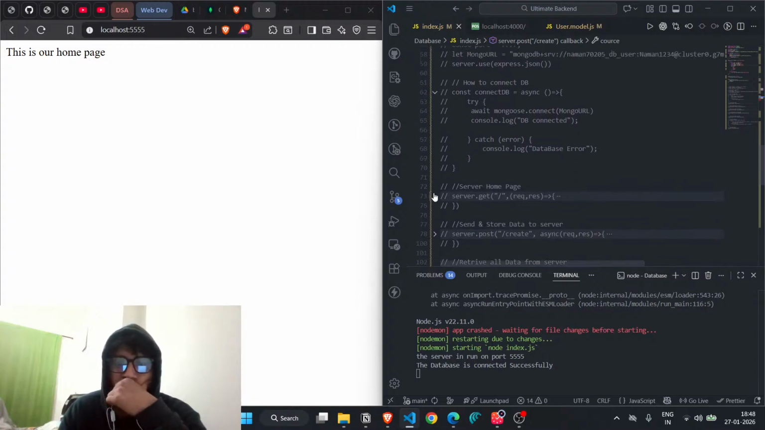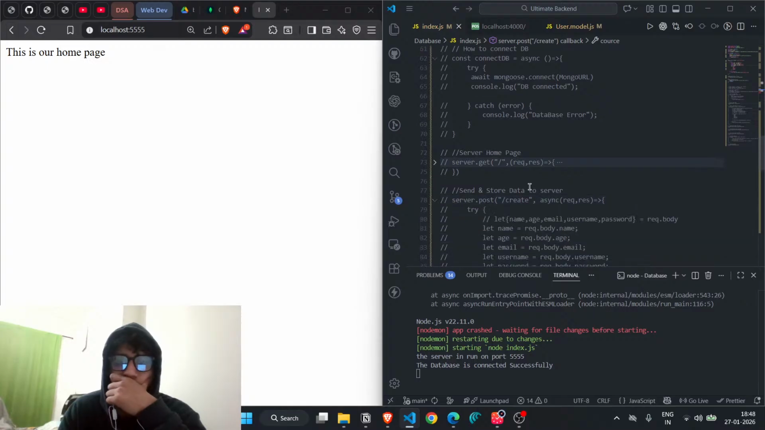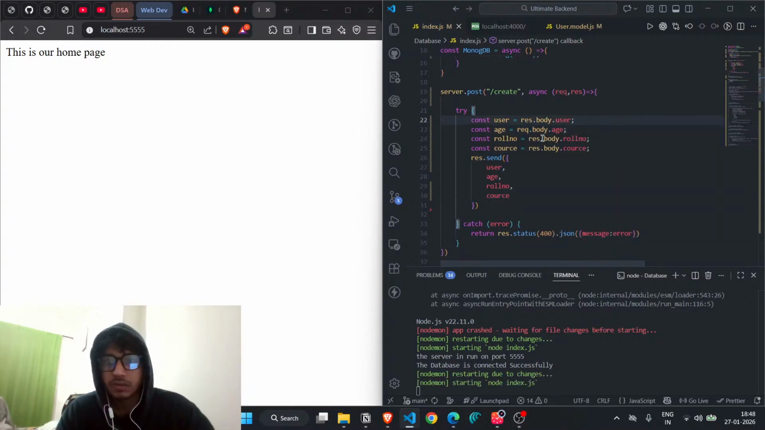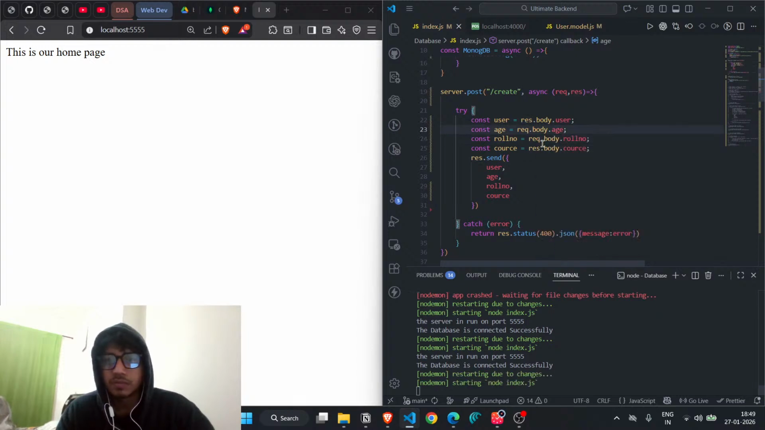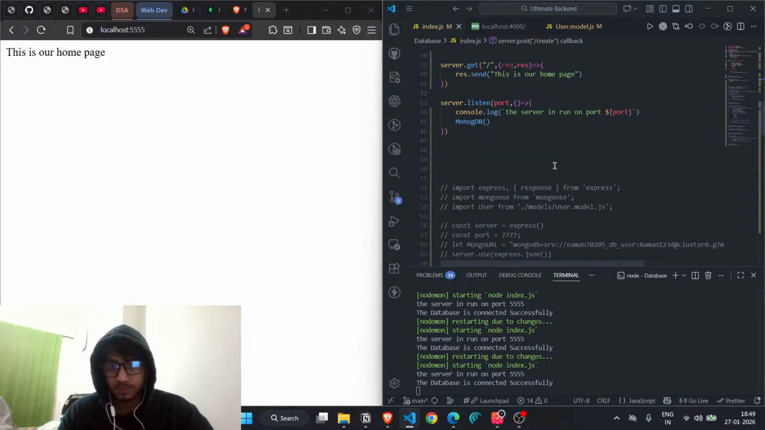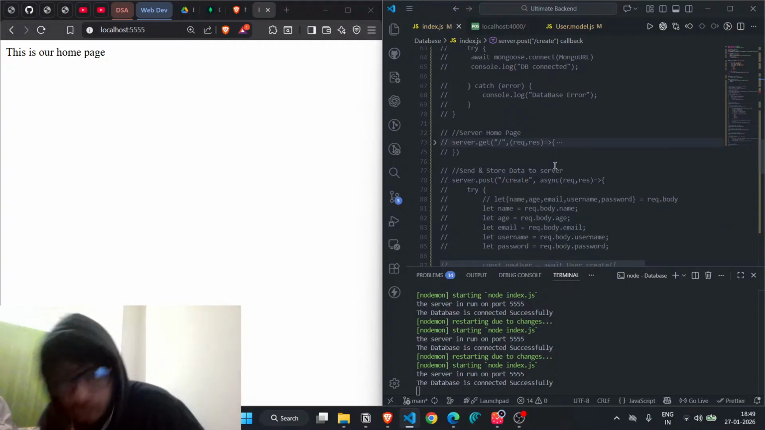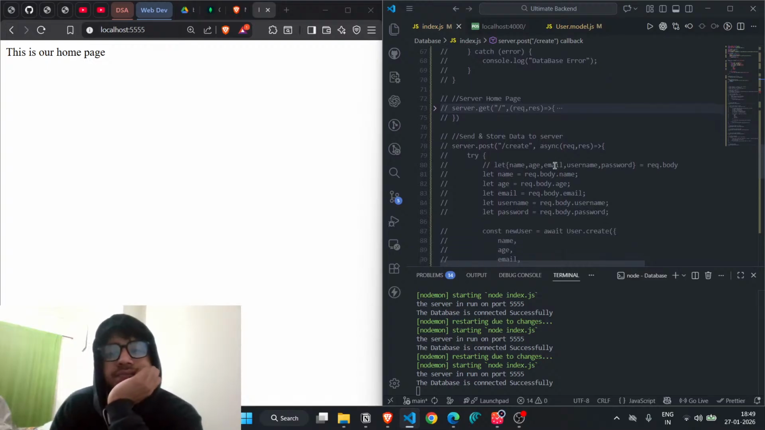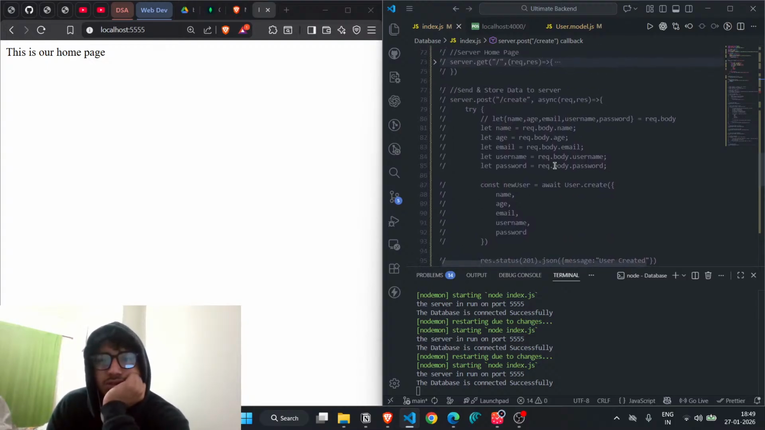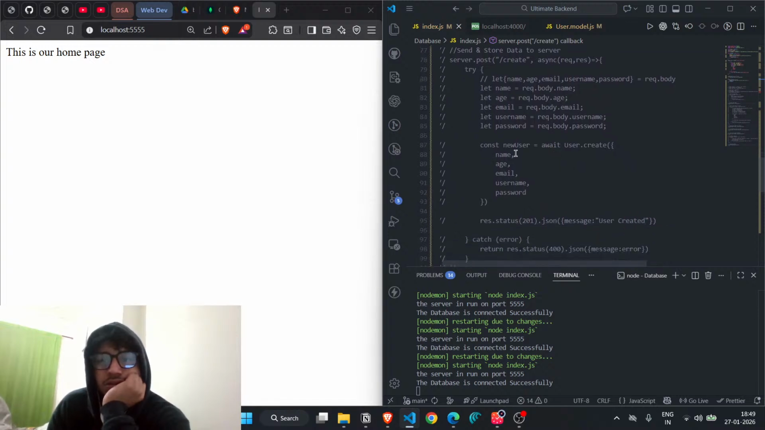Let's check the code. Okay, we are not taking response, we have to use request. Let's try again. Still giving an error. First we read the code and understand कि क्या रह गया. Const new user, we created a variable with new user, await user, it is a model, और इस मॉडल के अंदर क्रिएट किया और उसके अंदर नेम करके हमने उसे डाल दिया. ठीक है,